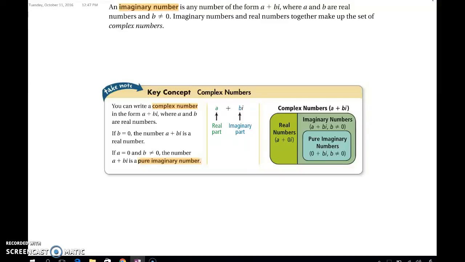All right, so in the first video we solved for an imaginary number. So we were solving for i. Now we're going to talk about using i a little bit more and what type of number the imaginary numbers create. So when we have an imaginary number and a real number together, that creates a complex number. All right, so when we write complex numbers, we write them as a plus bi, where i is our imaginary number,